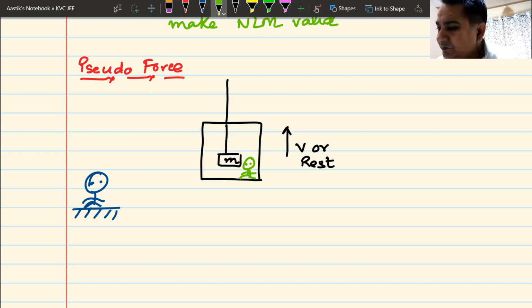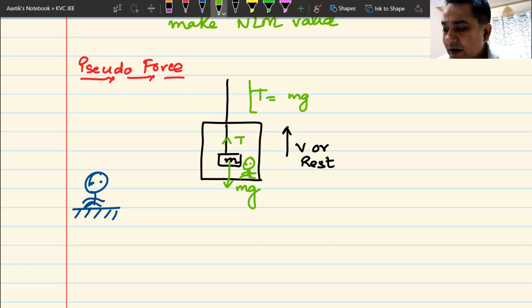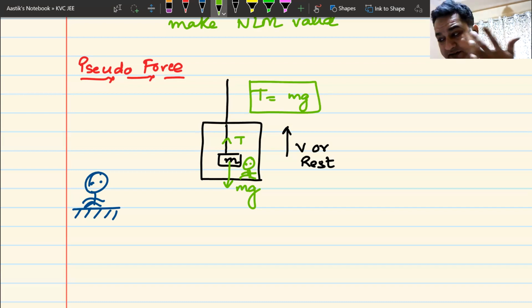He says, okay, I see a block. So tension T is upwards because the string is pulling it. The weight mg is downwards. The block does not move. The block is in equilibrium. So he will just write the equation as T equals mg. That is the equation that he is going to write. And this equation is exactly correct because there is nothing wrong in it. T is equal to mg. Now,